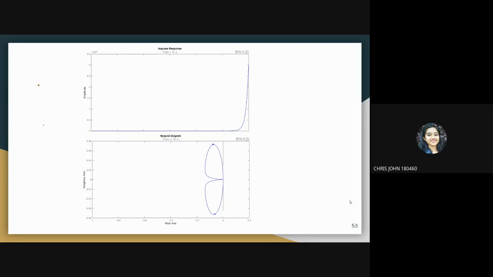As you can see here in the Nyquist plot, there is no encirclement of point -1. So N will be 0. Hence, we get Z value as 1, which means that there is a closed loop pole on the right half plane. Hence, our system is indeed unstable. So, closed loop control response without compensation is unstable.